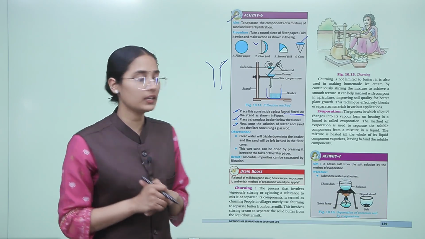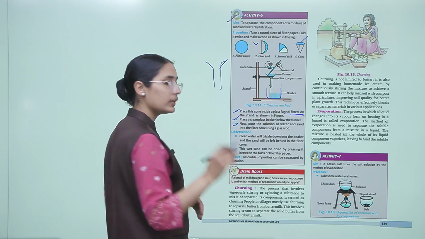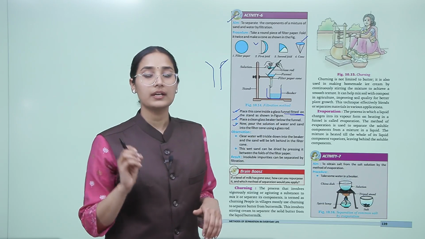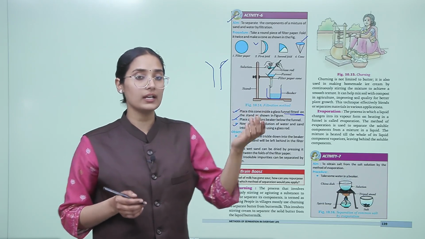filter cone, right. So you will see that the water slowly drips down and is collected in the beaker, and the sand will be